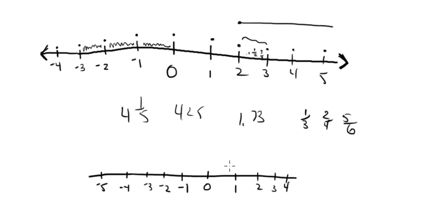So for example, if it says graph the integers that are less than 4, up here on that graph, I'm going to graph, what's my first integer that's less than 4? London? 3. Okay? And then of course, negative 3 is also, right? And then 2 would be, so the negative 2 would be, the 1 would be, the negative 1 would be, and of course 0 would be as well. Okay, and we can actually, if it's asking for numbers that are less than 4, then we can continue on